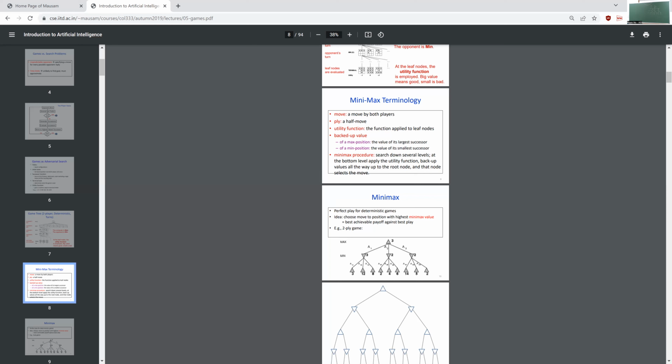So this value tells what is the best that the opponent can do. What is the smallest utility function that the opponent could lead to from that point onward? In this example, it is 3. Best, right? So the opponent's best means the opponent